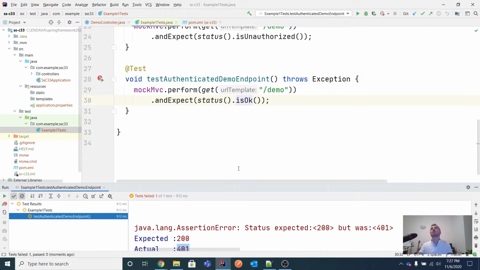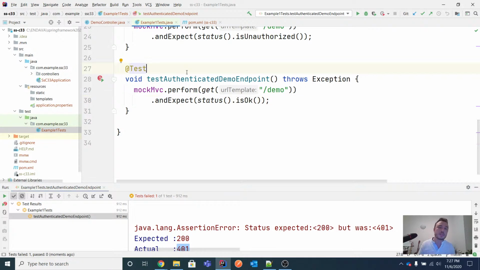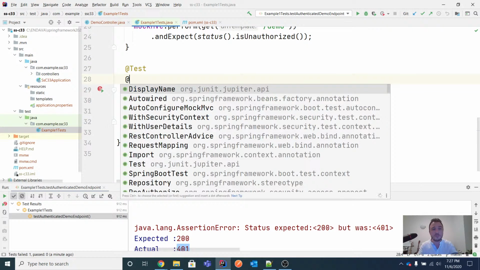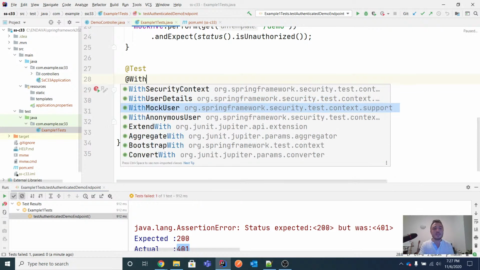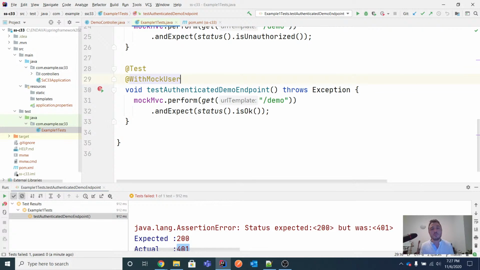But how do we now instruct our integration test to send an authentication? Well, we have multiple ways in which we can do that, as I've told you. Today I will show you some of them. In the next lesson I will show you some other ways of writing the test. In today's and the next lesson, probably the next lesson will be the last lesson of the stream, we'll discuss all these possible ways. So the first one, which we are interested in, is using WithMockUser. What WithMockUser does is creating